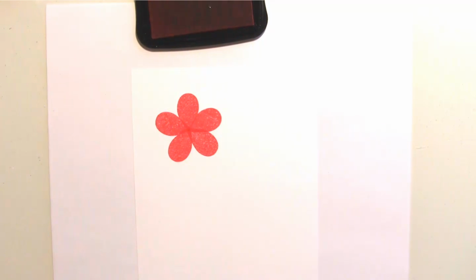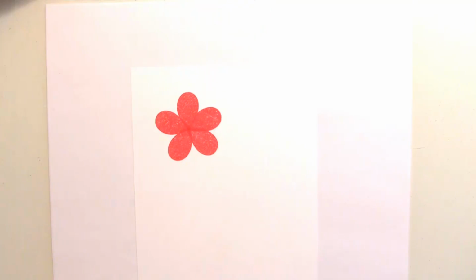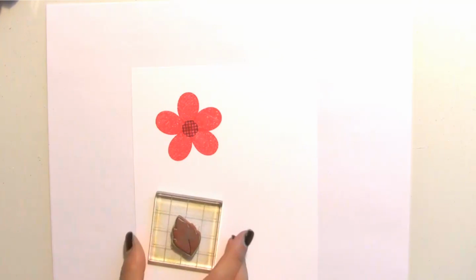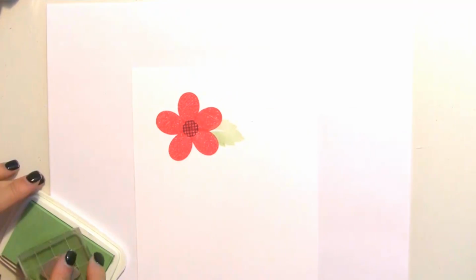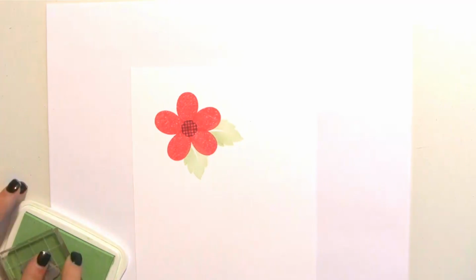How fun is that? So then you can use that, and then if you wanted to add a middle to that, I would just stamp, and then you can create that fun little middle. And then if you wanted some leaves around it, just get one of the leaf stamps. You can stamp that and just create some really fun